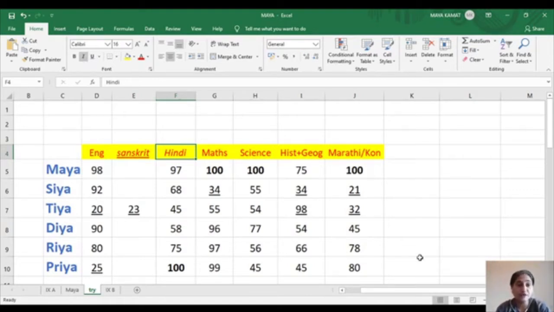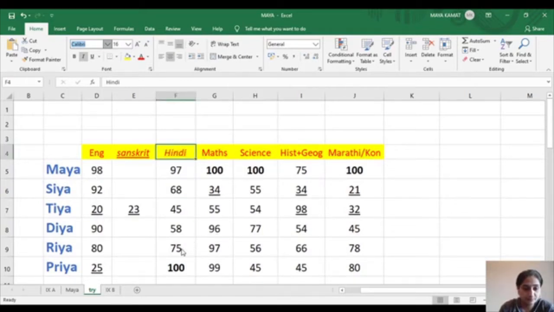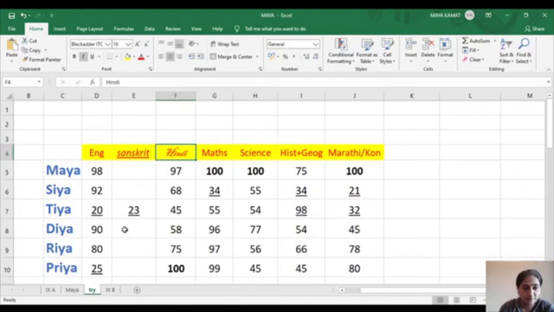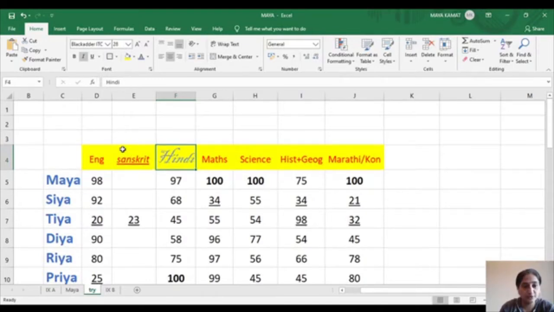So this is basic font formatting. Apart from that, you could change the font style. You could change it to any other style of your choice. See, I made it cursive. You could increase the font size. You could change the font color. You could change the border. You could put a thick border for it. Have you noticed this part?